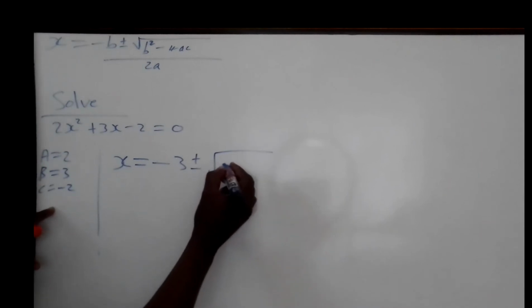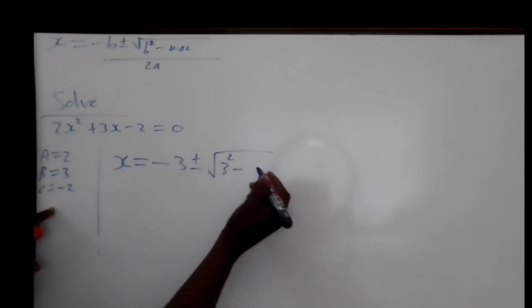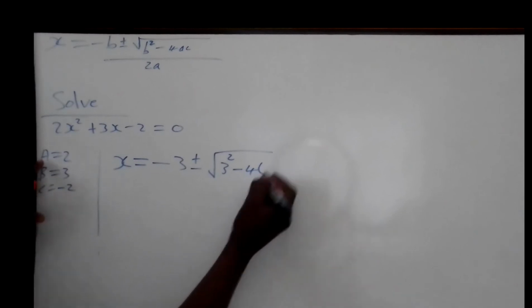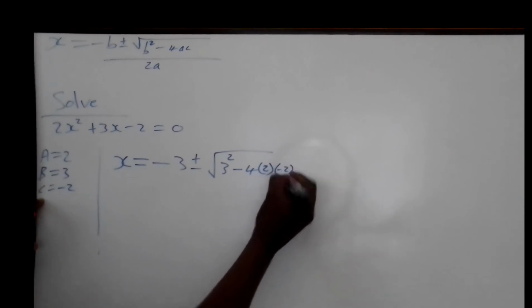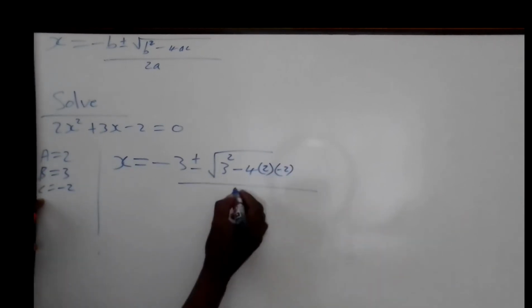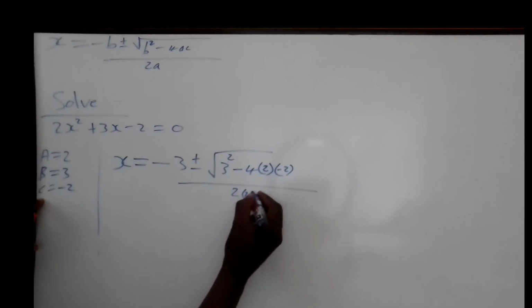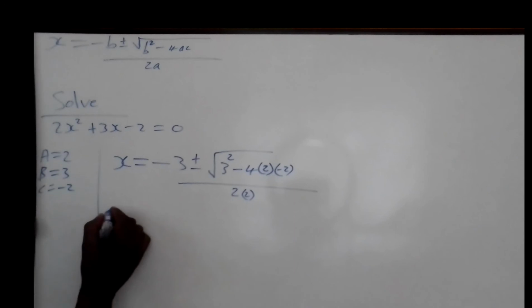The value for b is 3, so we have 3 squared minus 4. The value for a is 2, so we have 2 in bracket, and the value for c is negative 2 all over 2 times 2 equal